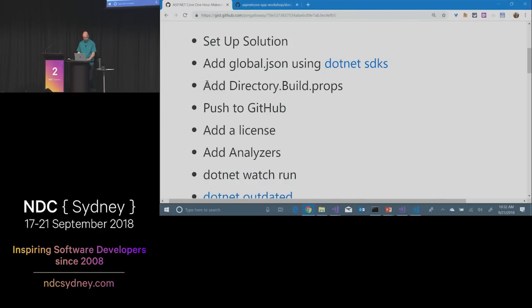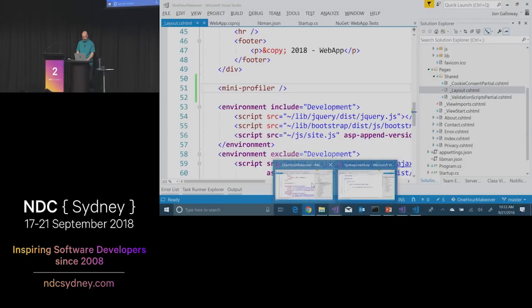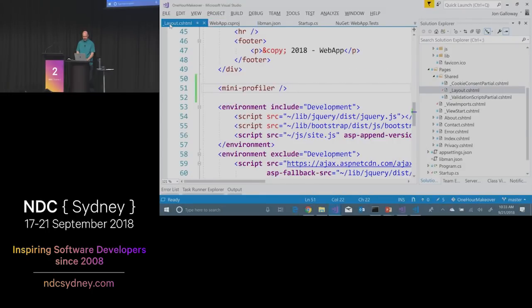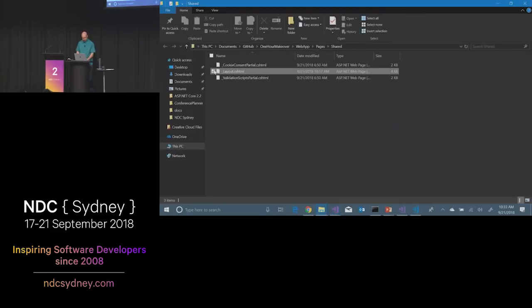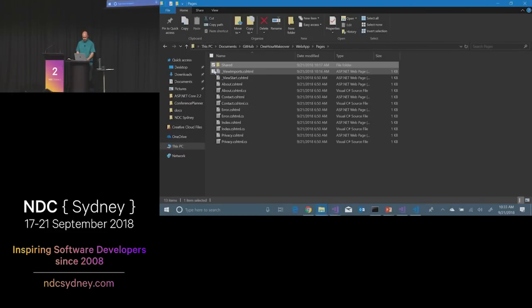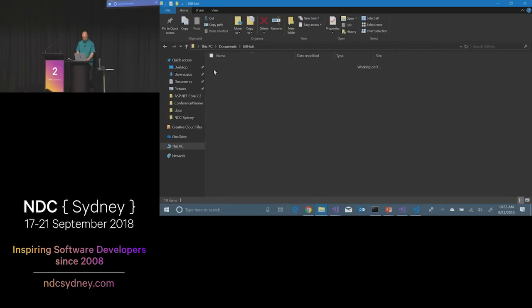So let's go to, so this is an interesting one. I asked around, and a lot of people recommended adding directory.build.props. Who here adds that to everything they do? Okay, not many people. Cool, so we'll check that out. Directory.build.props is kind of neat. What you can do there is add an override that's going to be merged into all your build files. So here, let's go over here,